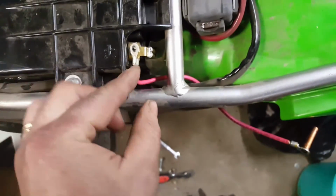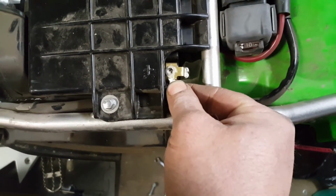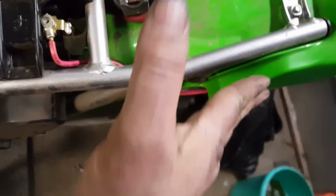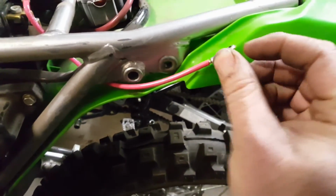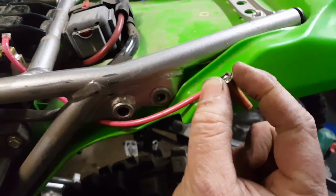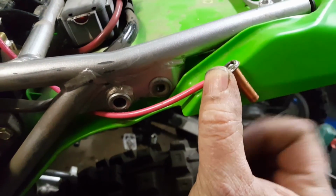Because eventually, this end is just going to go underneath that screw right there. And then we'll come back here, we'll tuck this back under here, and we're going to end up putting a hole right here for the screw, and it'll be underneath the white plastic eventually. But then what we'll really have is hanging right here. Essentially, we'll have a terminal like that. It'll be sticking underneath, sticking down. The surface is here. It'll be sticking down a good inch, inch and a quarter,